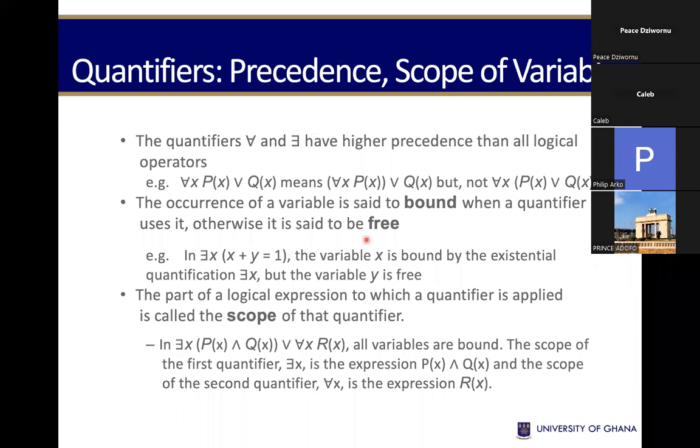Okay, so precedence, scope, variable. This particular one, we are saying for sure that there are instances whereby a particular variable can be bound to that particular propositional function. Okay, so in this example, we can say that, let's assume